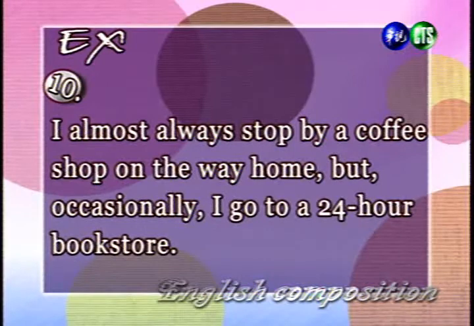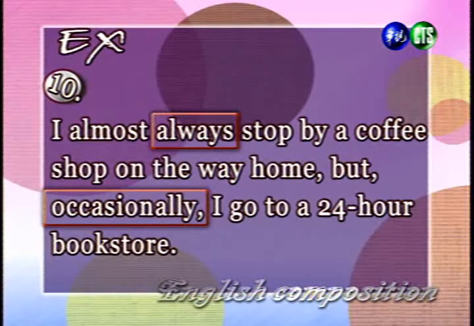It says, I almost always stop by a coffee shop on the way home, but occasionally I go to a 24-hour bookstore. 好，例句10说呢，我几乎总是会在回家的路上在咖啡店停下来，但是偶尔呢，我也会去24小时营业的书店里。So in sentence 10, always and occasionally are being contrasted, and moving occasionally to the front of the clause puts greater emphasis on it. And so this makes the contrast between always and occasionally clearer. 好，在这个例句10里面呢，always 跟 occasionally 是对比的两个频率副词。那这时候把 occasionally 移动到这个子句的前面呢，会是要强调这个 occasionally 的意思，也使得 always 跟 occasionally 两个频率副词之间的对比比较明显。